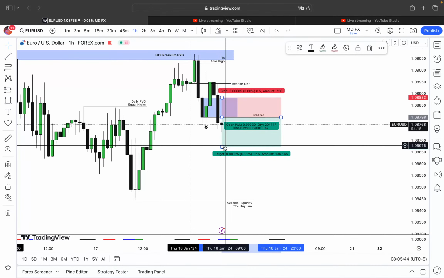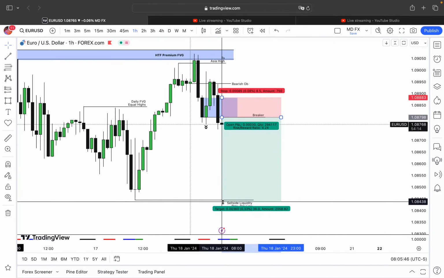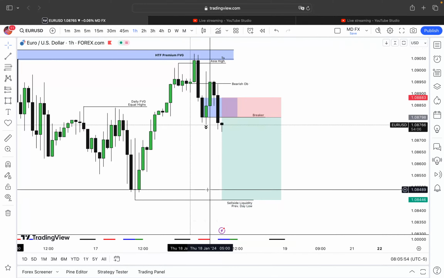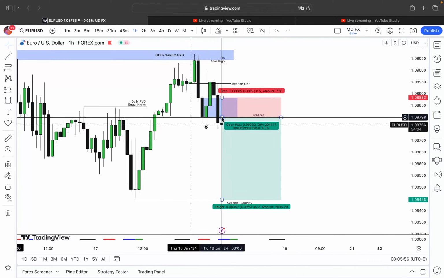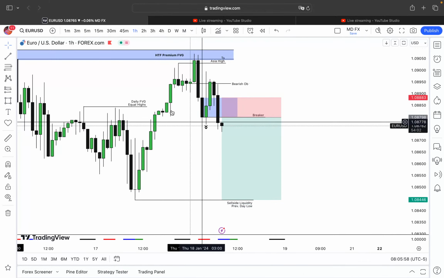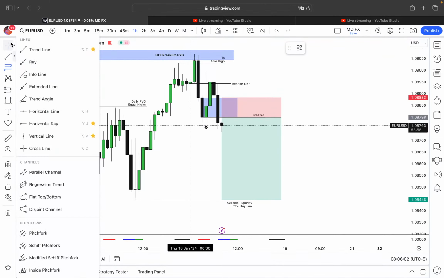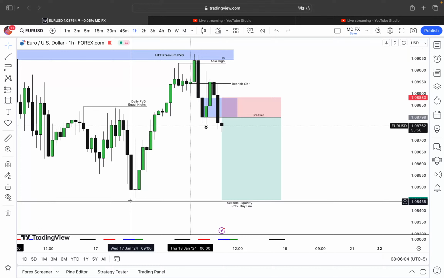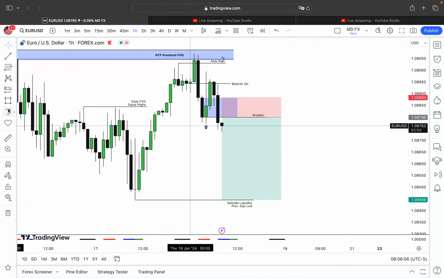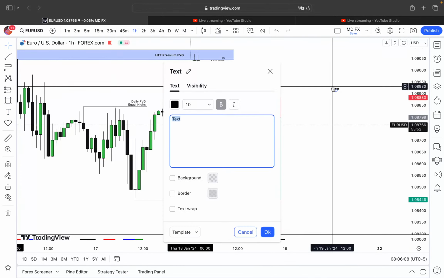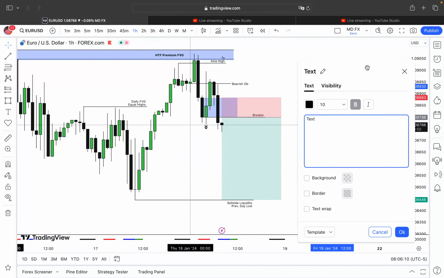So yeah, this is basically how this works. This is how the New York killzone works. Today's narrative is New York continuation, and our drawn liquidity for the day has not been taken out. The bias is bearish. So now let me write down the confluences while we wait for the trade to activate.